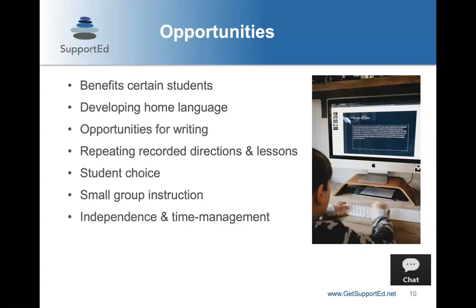Nice. Involving parents as partners. Yeah, I think that's been a huge, huge piece of it. So opportunities to connect with families. Opportunities to connect with students and their families with wellness calls. So that brings up that really important social emotional piece, which I think is so critical when we're talking about distance learning.